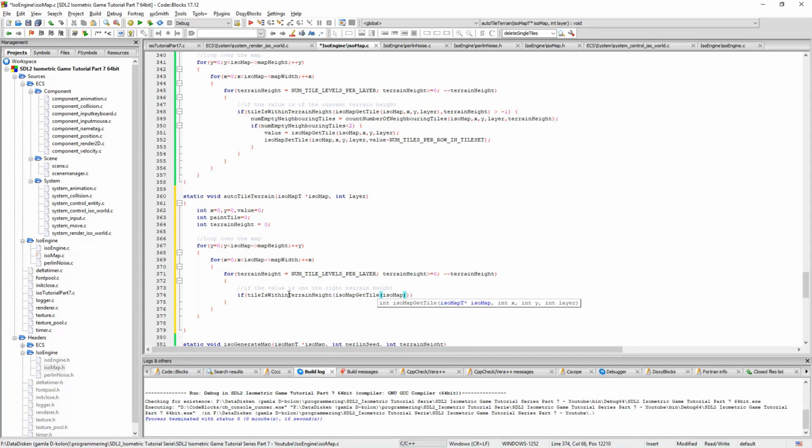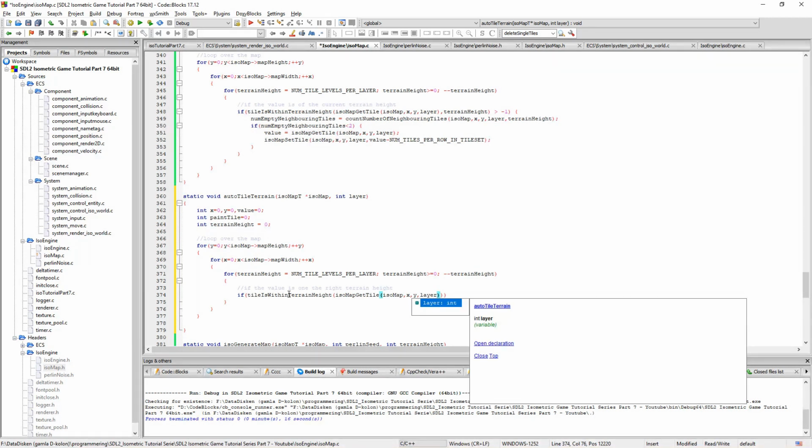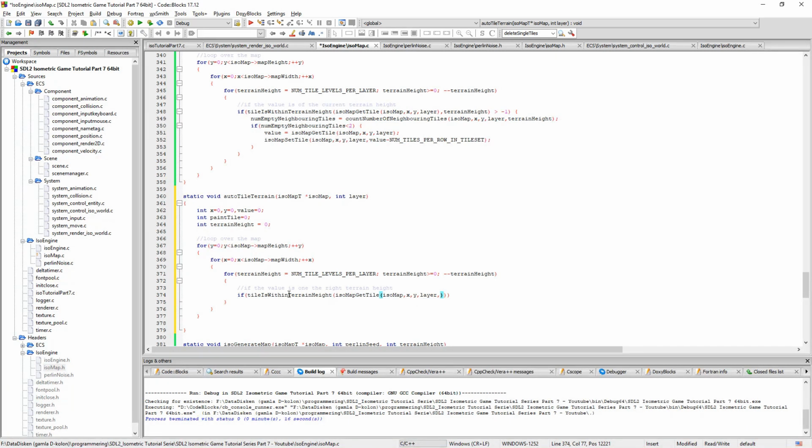We're going to say ISO map, and we're going to get the XY, the current layer we are working on, and the current terrain height. We'll make sure this is larger than -1. And if that is so, we will set the paint tile equal to